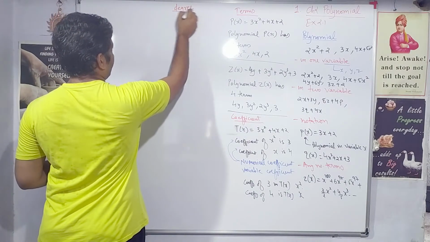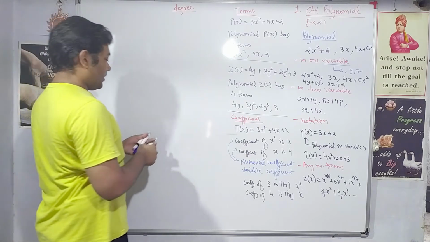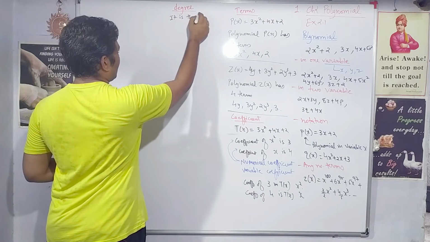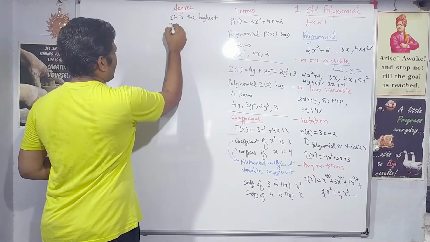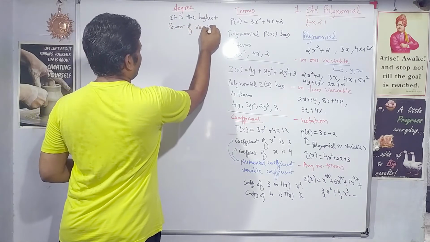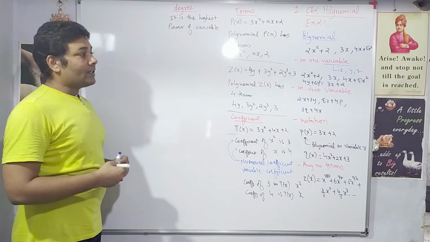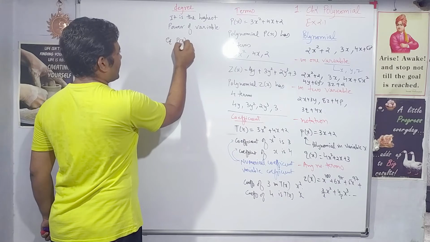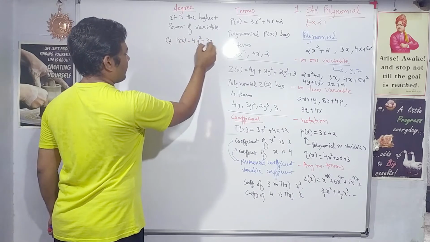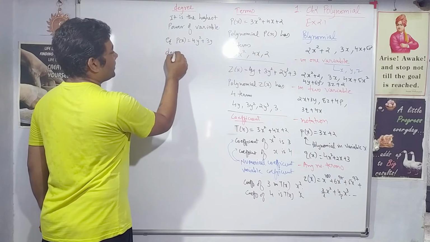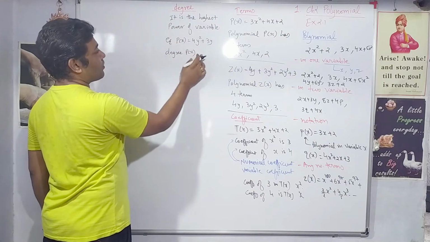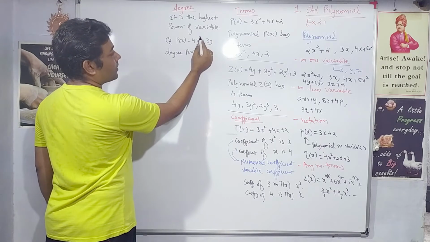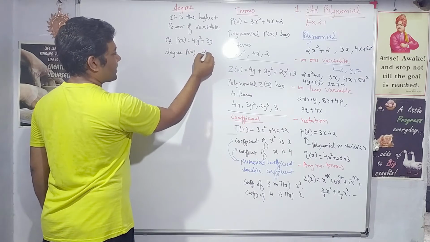What do we mean by degree of polynomials? The degree of a polynomial is the highest power of the variable. Highest power of the variable is called the degree, right? We will take an example. If p of x is equal to 4y square plus 3y, what is the degree of this polynomial? I said highest power. So what is the highest power? y has power 2, y has power 1. So here the highest power is 2. So the degree of p of x is 2.